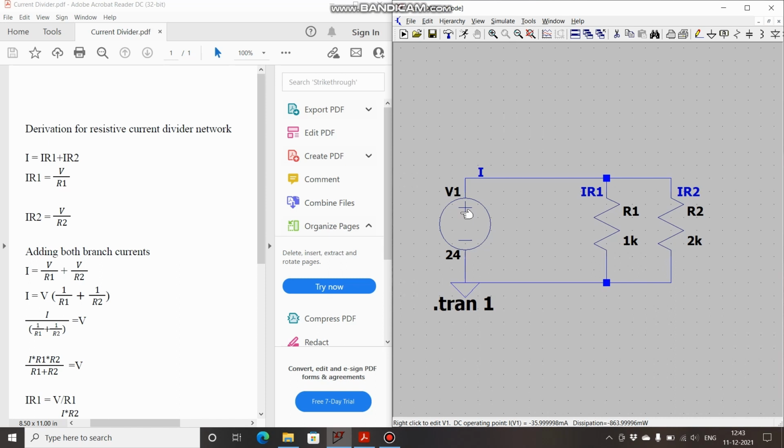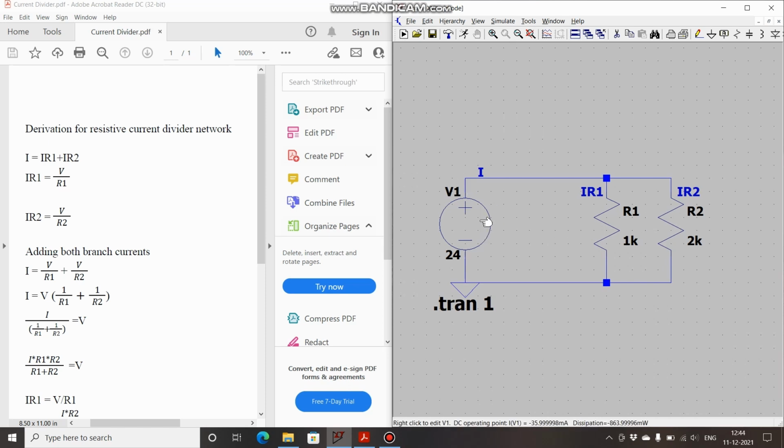I will be demonstrating this rule with the help of a fully resistive network. It is quite a useful tool for analysis as well as for design purposes. So let's see what is current divider rule. So this is the circuit that we are going to analyze today. Here we are having a 24-volt DC source and two resistors of 1K and 2K connected in parallel across